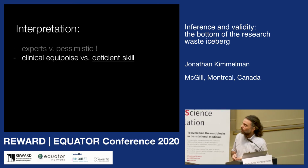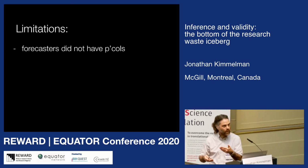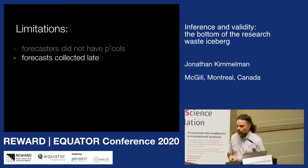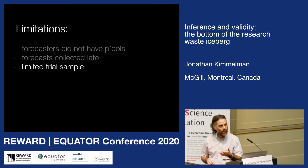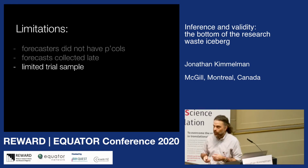There are some major limitations in this research. Number one, the forecasters didn't have access to the whole protocols. They were basing the predictions on clinical trial registration records. The predictions were collected relatively late in the period of the trial, so they could have had inside information, although it didn't seem to have helped them very much if they did. It was a limited trial sample. Who knows if we did this in another set of 5 trials for each one, whether we would get a